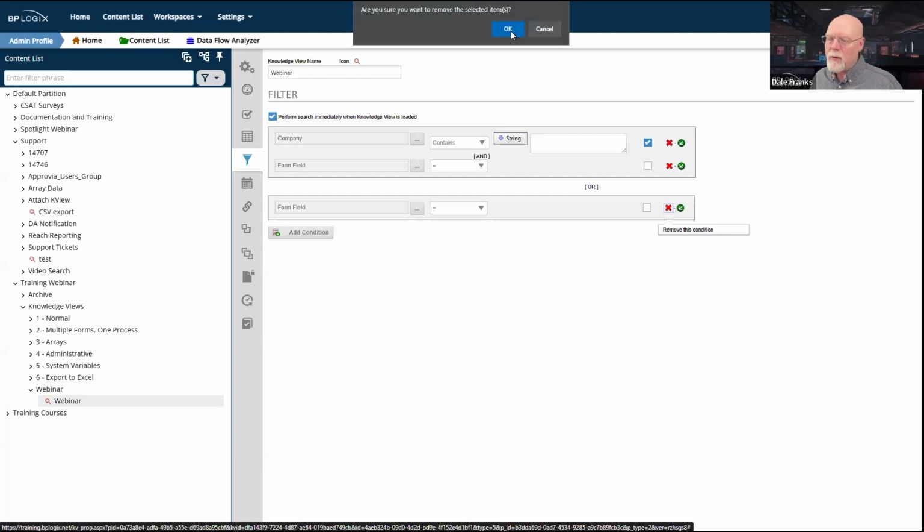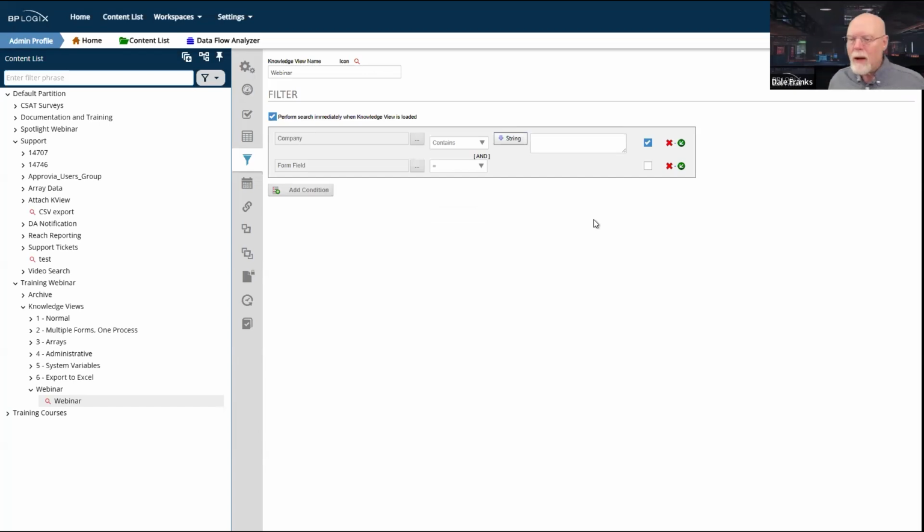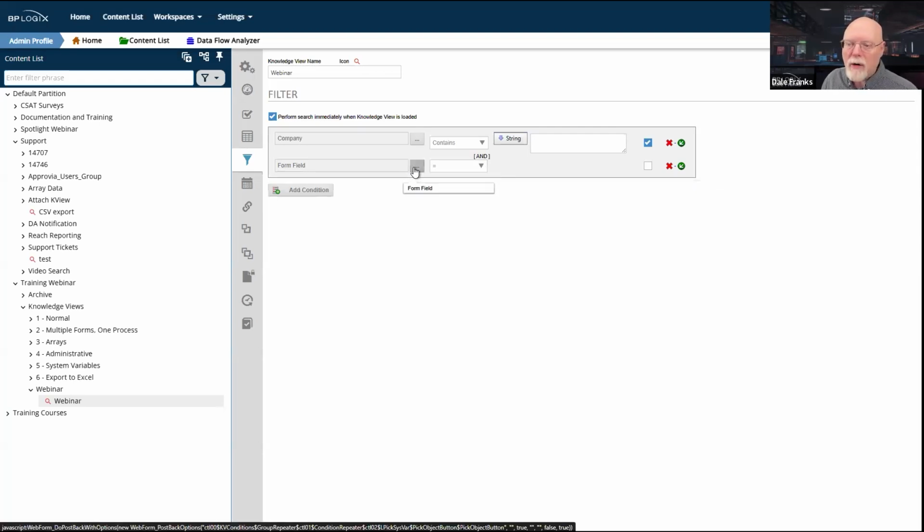And we're going to go ahead and remove this condition. So on my and condition, I'm sure I want the users to be able to search for a user, but I also have some limiting things that I want to put on. I don't want the users maybe to go back and search for the last 5 years. Maybe I only want them to search for the last year or so. So I might put in another condition that is not going to be visible to the user, but that will limit what records I can see.